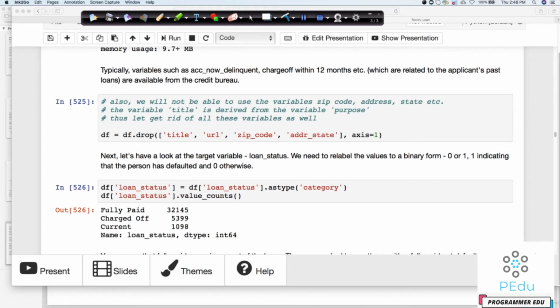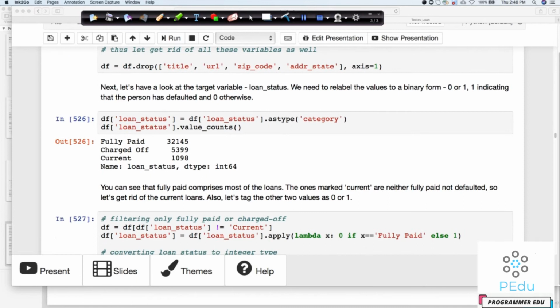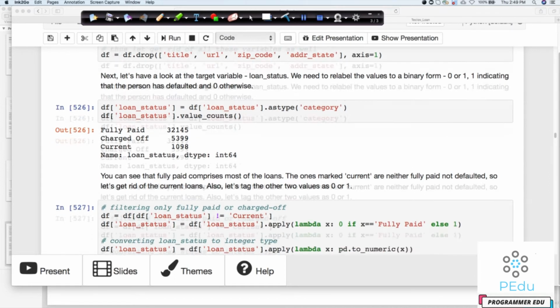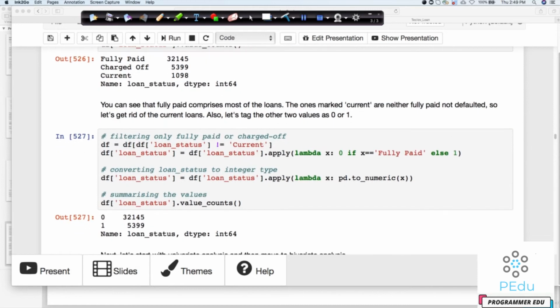Now, after this, we have some columns which we may want to completely convert to 0, 1. One thing we would do is take loan status, first convert it to category and then see how many are fully paid, how many are charged off, how many are current, right? So these are basically the three values we have. Now, definitely for the current ones we cannot do much because we don't know whether they're going to be charged off or fully paid. Right now we can't do anything about them. So let's skip them out.